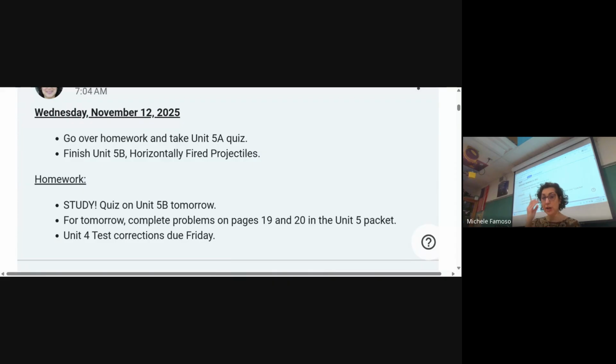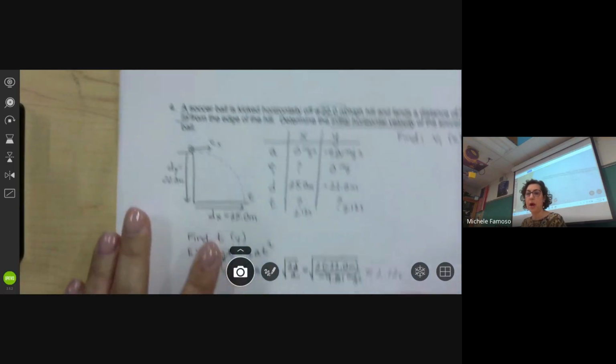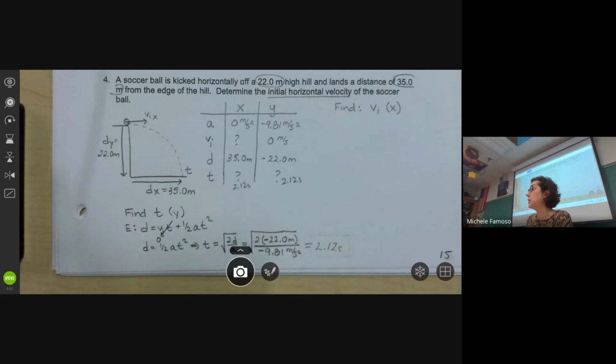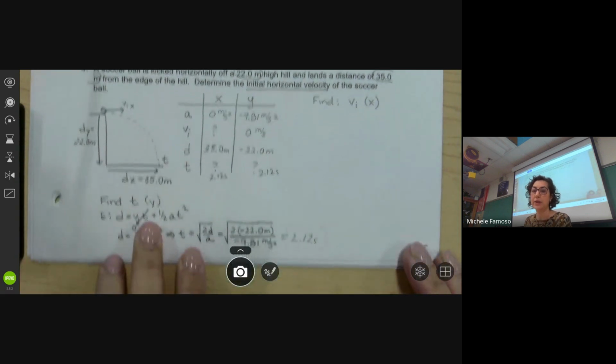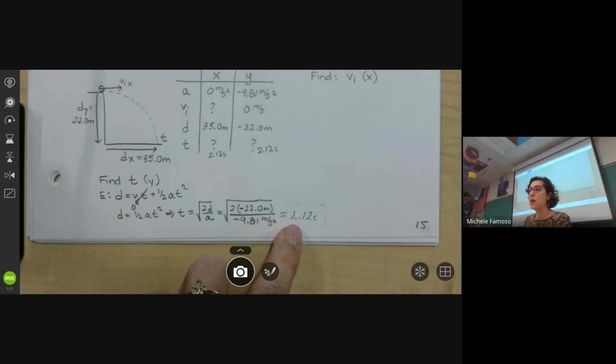All right, ladies and gentlemen, please turn in your packet to page 15, where we left off the other day. You'll also need your reference table and calculator. We're going to work on completing the rest of the problems associated with horizontally fired projectiles. And at the end of our class period on Monday, we were working on question 4, where we found the